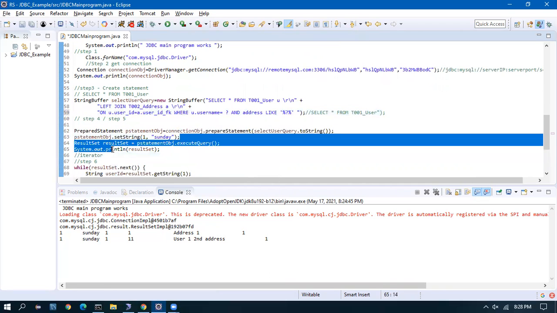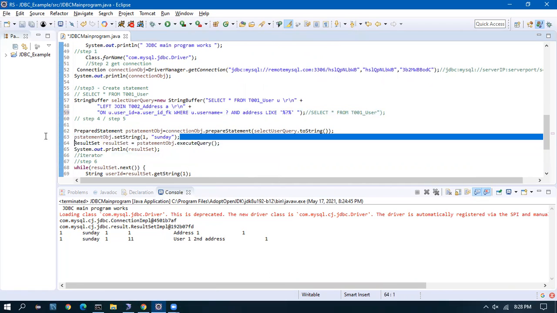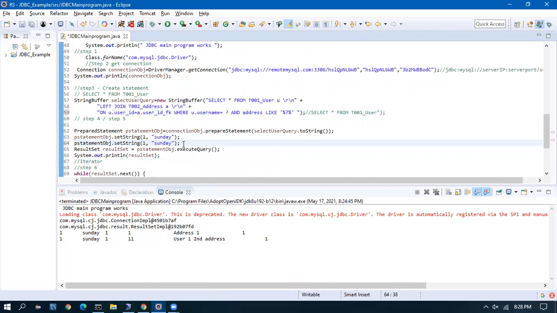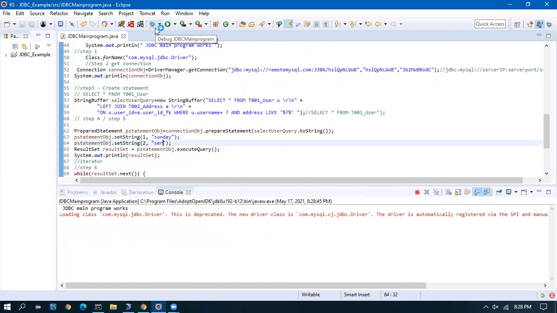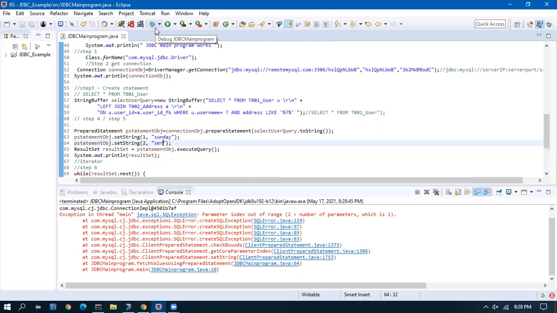And what I have to give here, instead of 2, SER. Now I'll run this. Okay, index out of range. Why? Okay, because